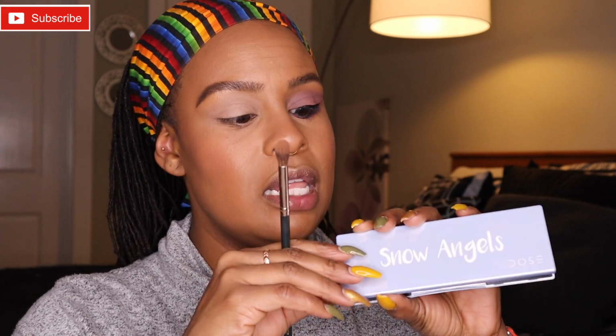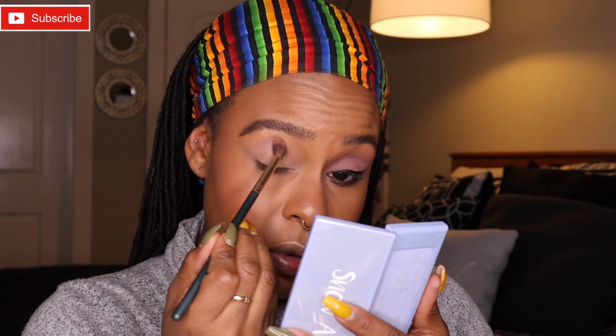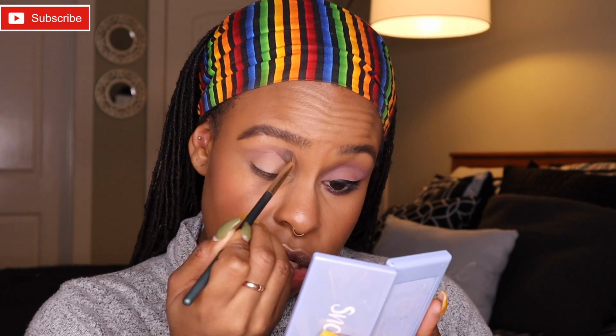Going in with a blending brush, I'm gonna hop into the Dose of Colors Snow Angels palette. This came out during the holiday. So this color is called Cashmere. I'm using a blending brush just to set this above my crease, and I'm blending it out just to give myself a nice transition. Because the color on the lid actually is pretty bold, but I don't want it to be like a stark transition from my skin tone to the lid,